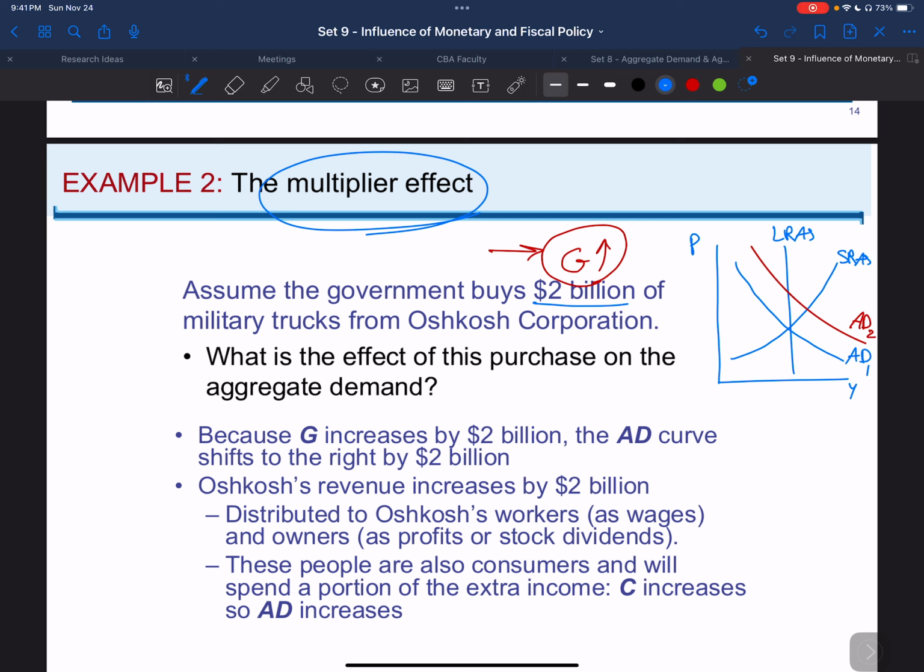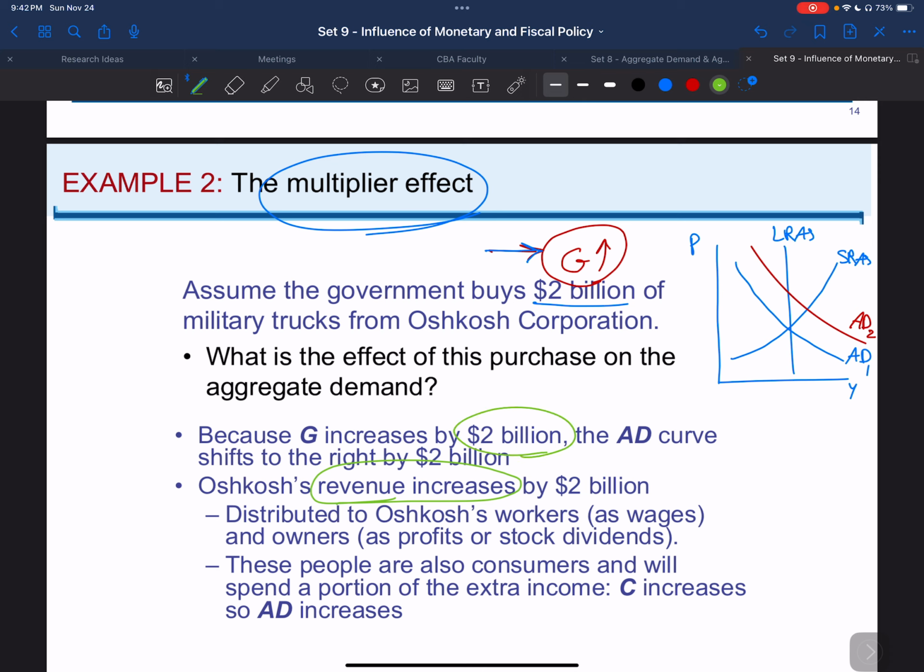So anyone who is working to build that road or highway, who is working in the school, and say in the security sections, the security department of the US, those people are paid by the government, and when this payment is increasing, this increase in G is going to be affecting the income of those people, right? So those people are going to experience an increase in their revenues by the same amount, by just